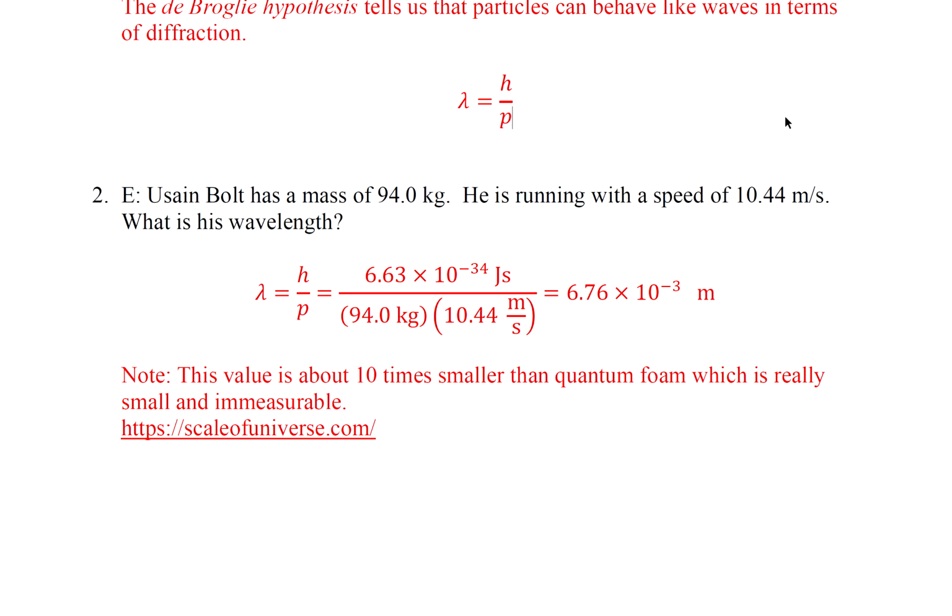Question 2. Usain Bolt has a mass of 94 kilograms. He is running with a speed of 10.44 meters per second. What is his wavelength? So the de Broglie wavelength is going to be given by the equation lambda equals h over p, and we know p equals mv. Okay? So this value,